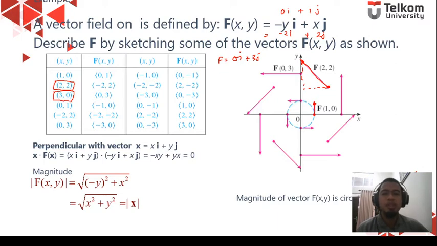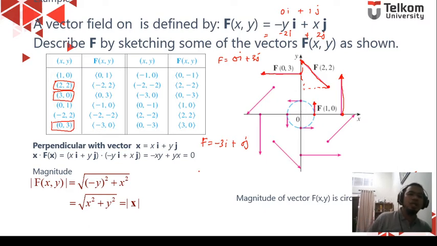So if 3.0 in here, 3.0 and also 0, that is 0i and also 3j. And how about in here? In here is 0.3, so this is 0.3. So we'll get the result of the vector field equal to minus 3i plus 0j. So this is the vector field: going to the left 3, and going up or down 0. So this is the direction.